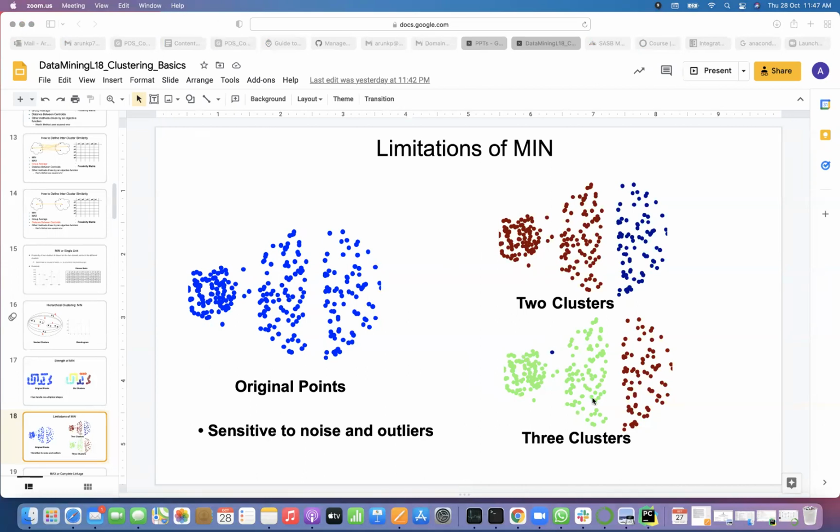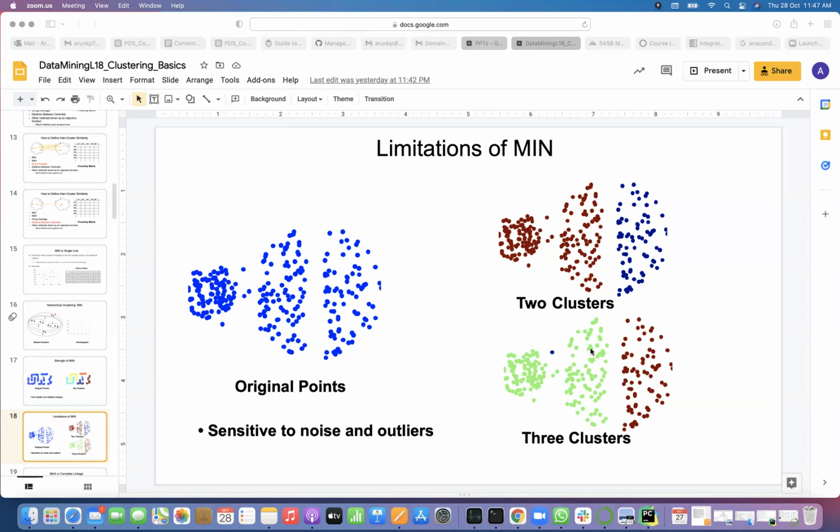So if you take 3 clusters, can you see 3 clusters with different colors? 1 point in blue. Yeah, so it's not meaningful clusters here actually. That 1 point is nice there. And that 1 point is becoming a cluster because it is not close.